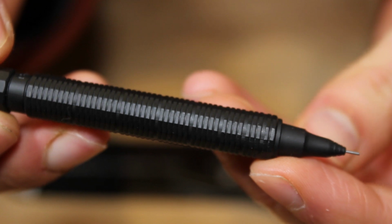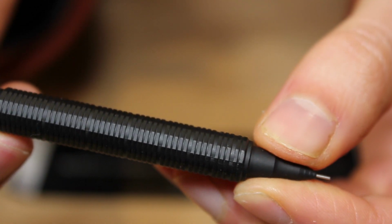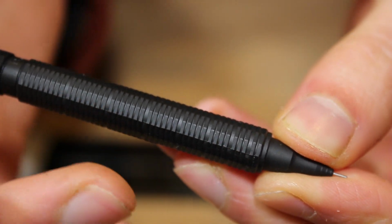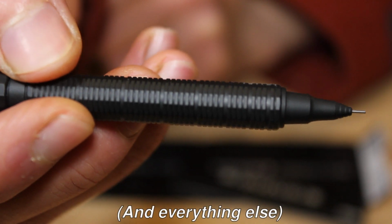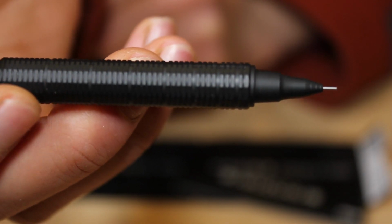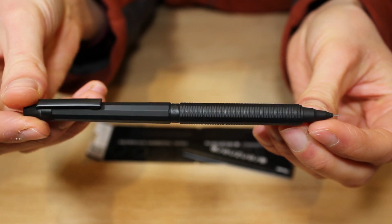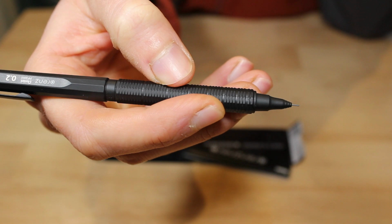Now this grip is very impressive. Feels pretty grippy, right? But also the length of the grip. Look how much grip that is. This is the longest amount of grip I have ever seen on a mechanical pencil. Why can't they all make them like this? As someone who likes to draw with mechanical pencils, having this much grip all the way up the pencil is fantastic. Usually the grips end about here. It almost looks like more than half of the pencil is just grip. That is fantastic. To be honest, it's not the grippiest grip I have ever gripped, but it is more